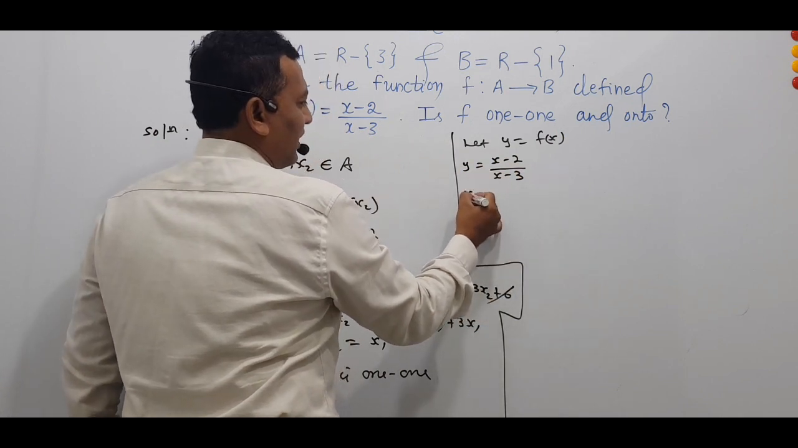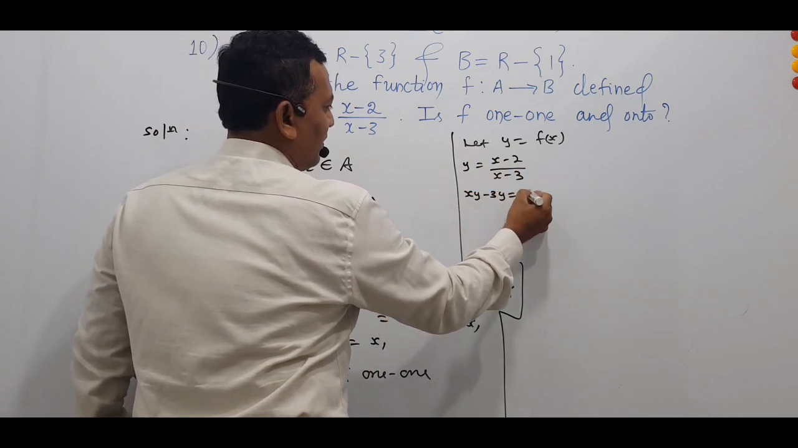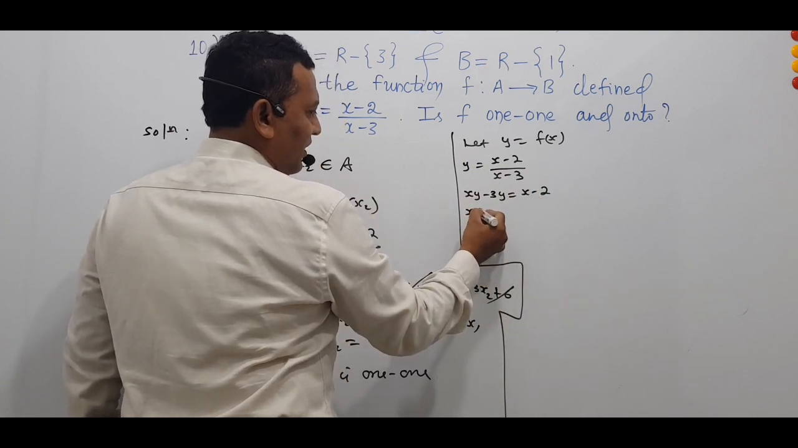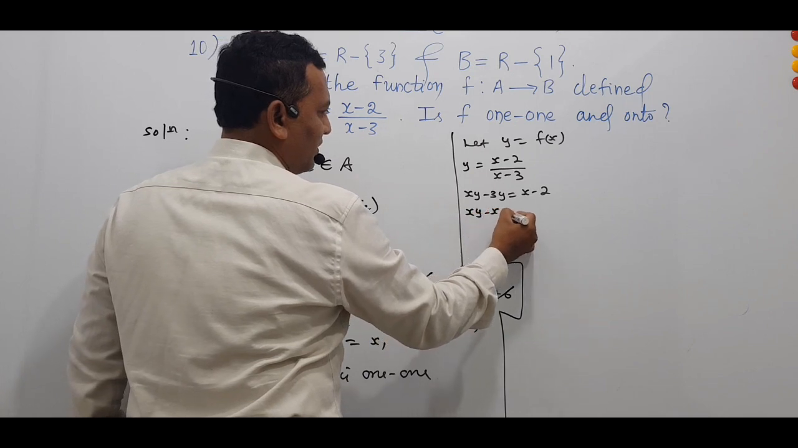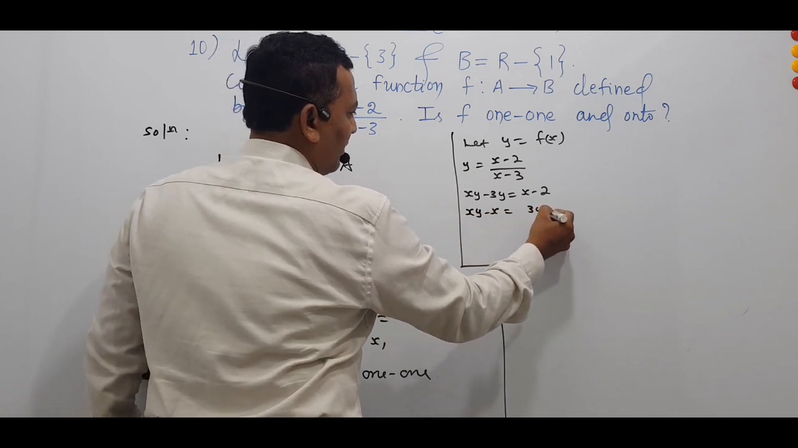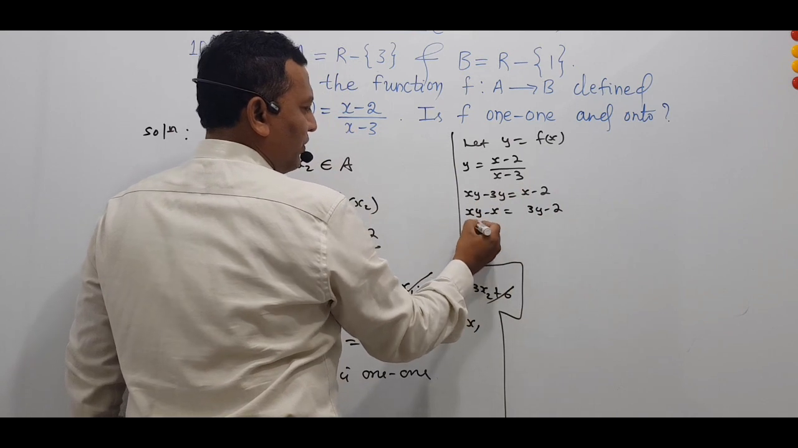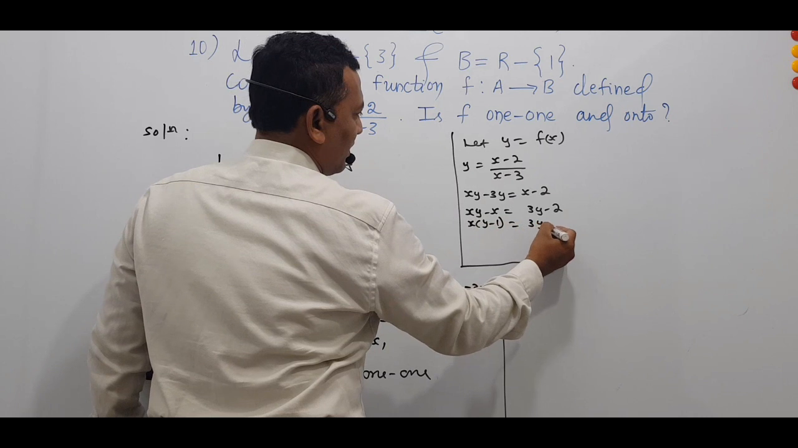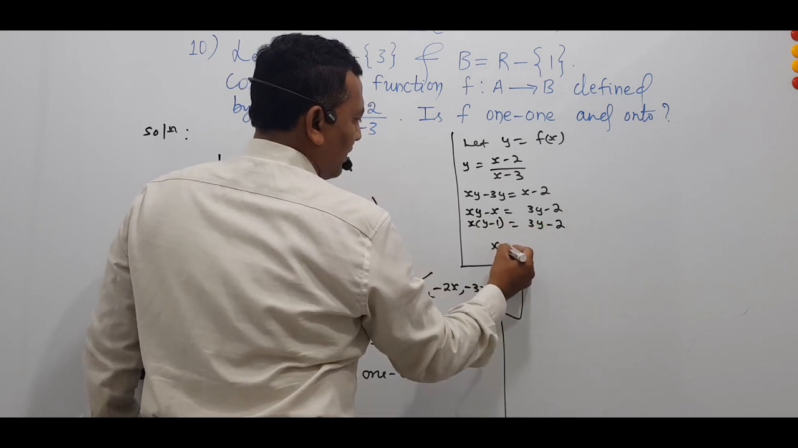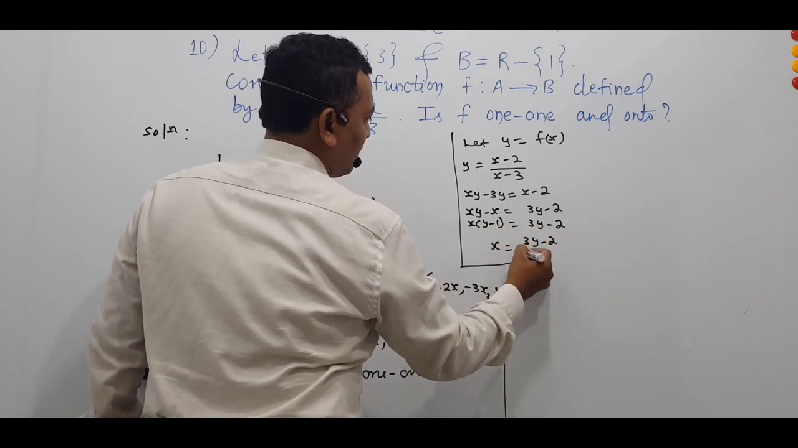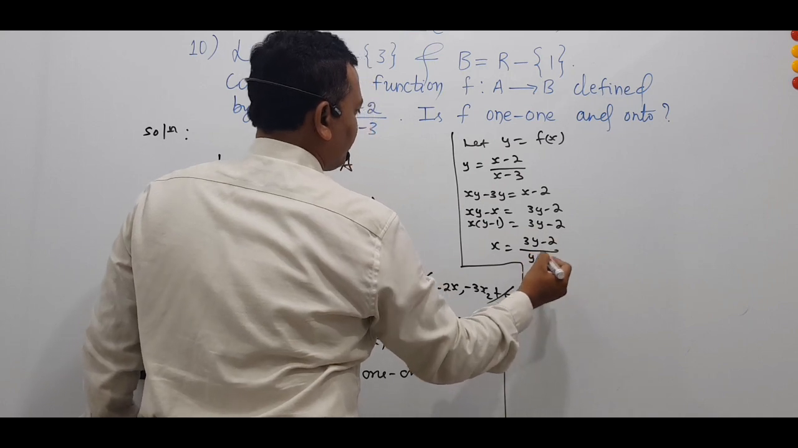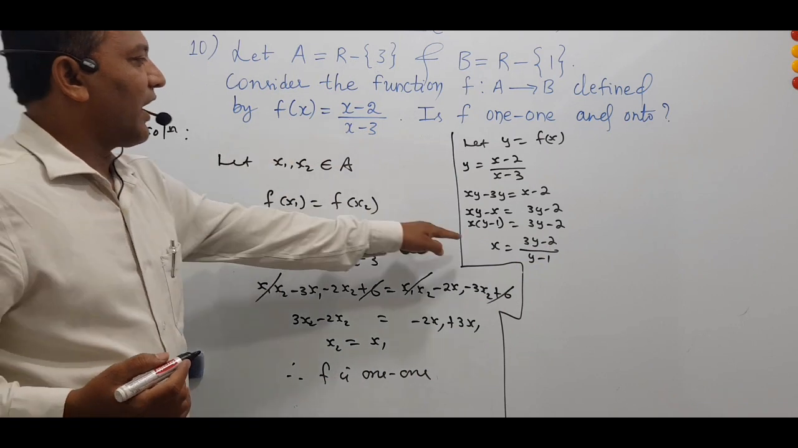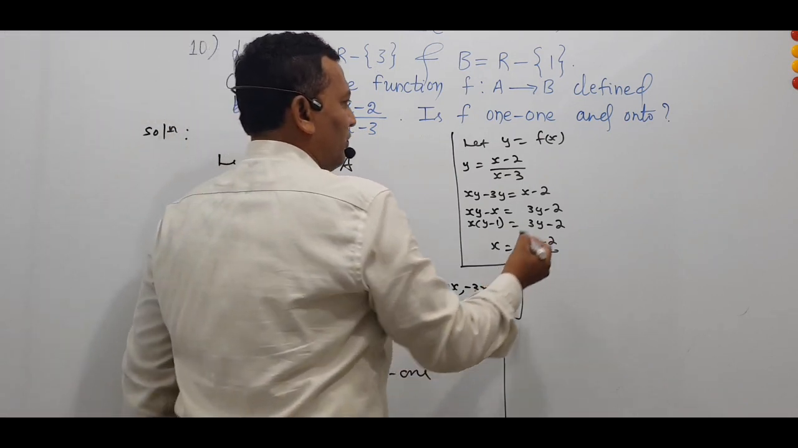By cross multiplying, I'll get xy - 3y = x - 2, or I'll bring both x terms to the same side: xy - x = 3y - 2. Now take x as common, you will get x(y - 1) = 3y - 2, or x = (3y - 2)/(y - 1). See here, in this case x is the subject. Now to prove onto, we will get,